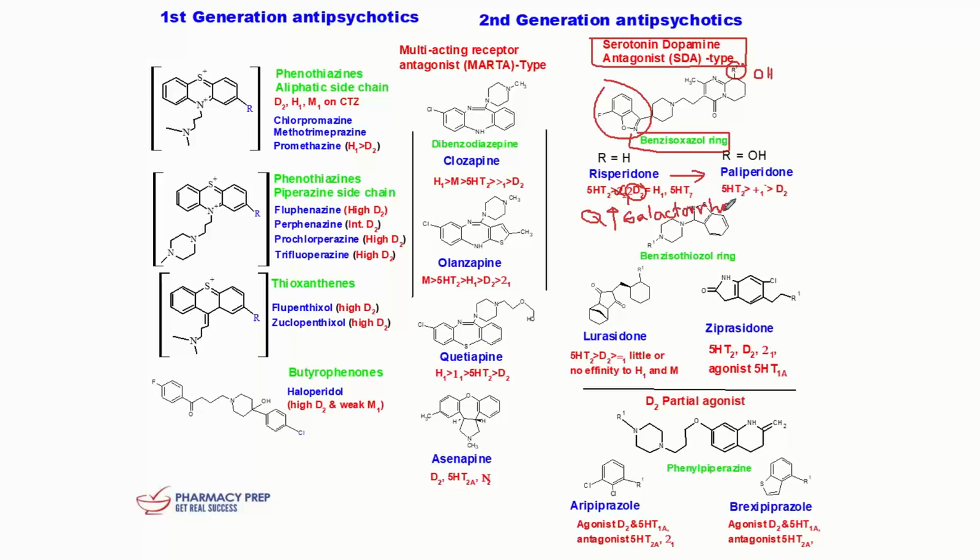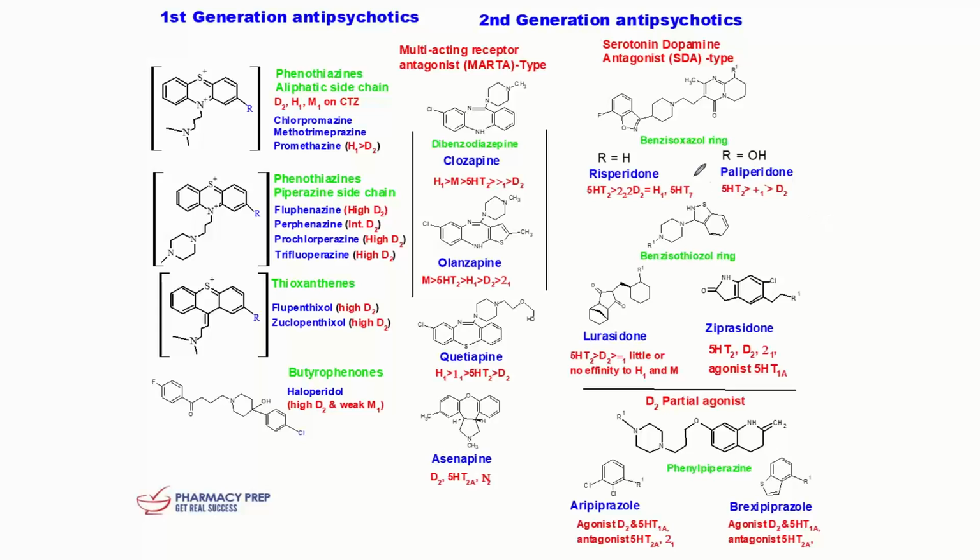This drug is known for that, and it also has extrapyramidal symptoms because it inhibits dopamine. Akathisia is a common extrapyramidal symptom for this